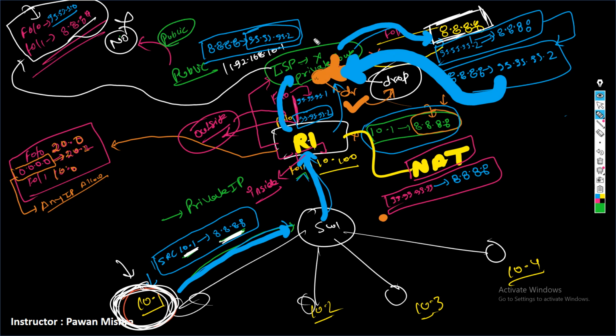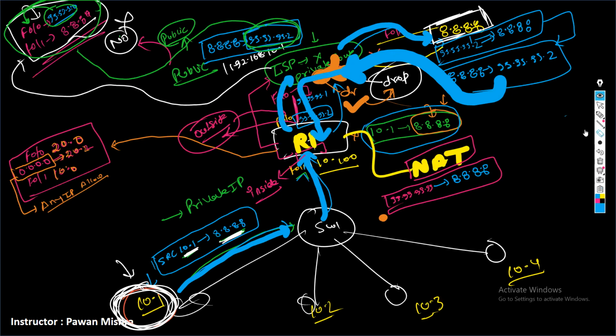And we know the ISP is always showing only public IPs, not private IPs. So for 99.99.99.2, the ISP will check in its routing table: do we have a 99.99.99.0 network? Yes, we have. On which interface? Interface F0/0. So the ISP will send a reply on this port,